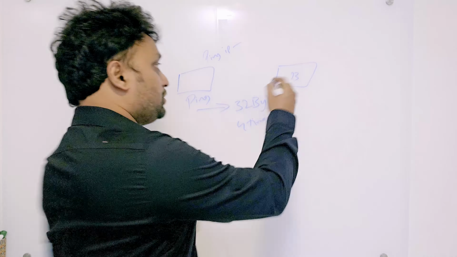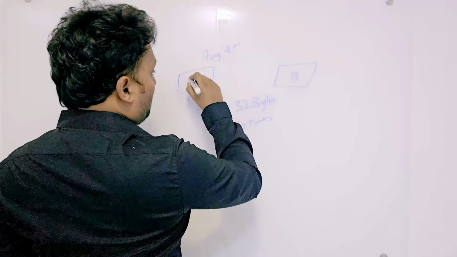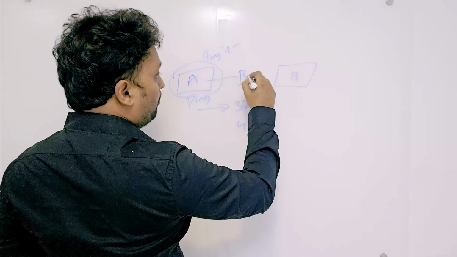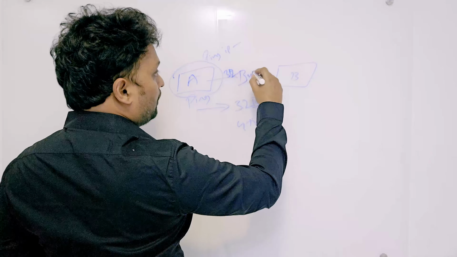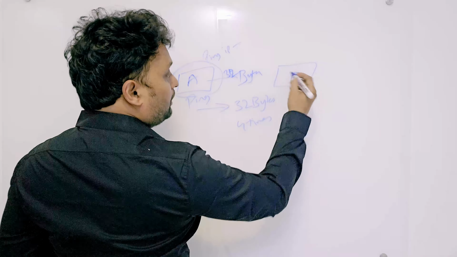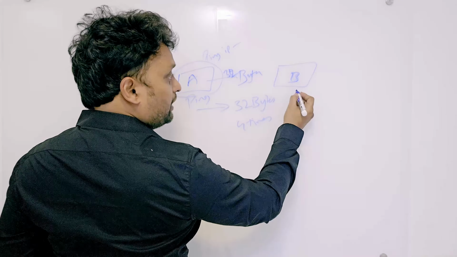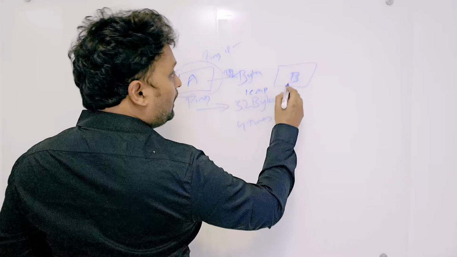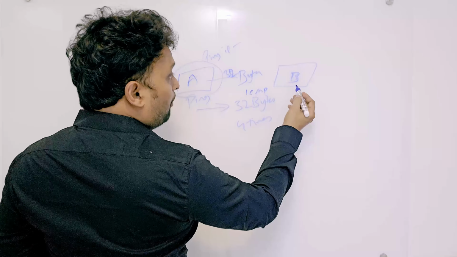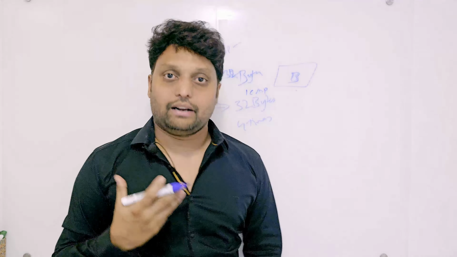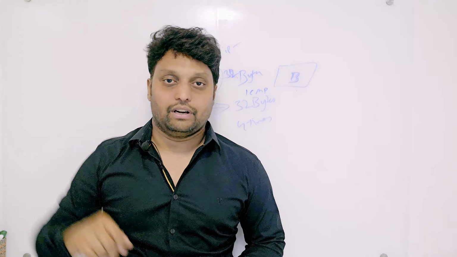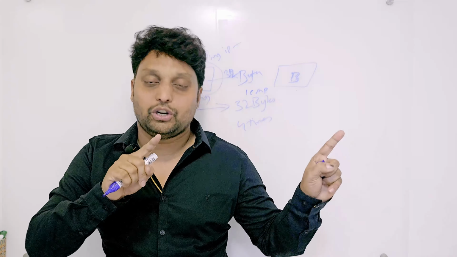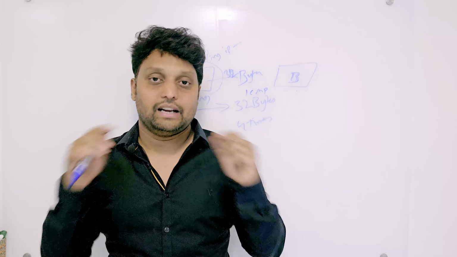So once this machine receives that, for example, computer A sent a packet of 32 bytes to computer B. Now computer B will respond, and this happens through the ICMP protocol, Internet Control Message Protocol. Once it receives it, it will bounce back, that means it will echo that packet saying, hey, I received it. Now this entire travel time of this packet from machine A to B and from B to A is called time to live.